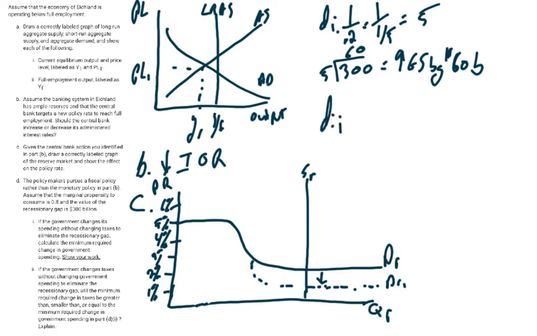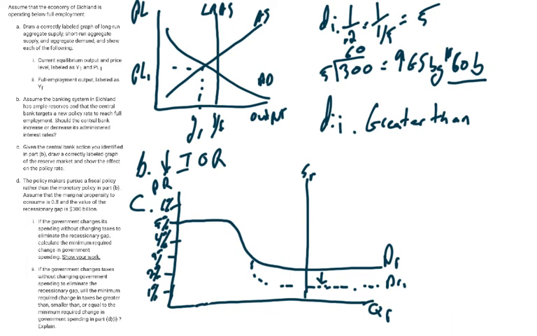Now D2 asks us if the government changes taxes without changing government spending to eliminate the recessionary gap, will the minimum required change in taxes be greater than, smaller than, or equal to the minimum change in government spending in part D1? Explain. All right, so if they cut taxes instead of spending, they're going to have to cut taxes by more than 60 billion, right? So the answer is it'll be greater than,